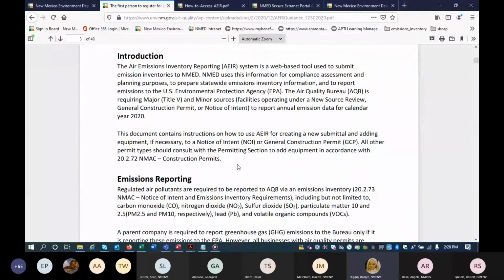So notice of intents, as I was mentioning earlier, and GCPs are included in this minor source, which bumps the number up from 150 normal submittals from Title V's. Now, including minor sources, we're going to have about 5,000. That's what we're estimating. Okay, so let's scroll on down.